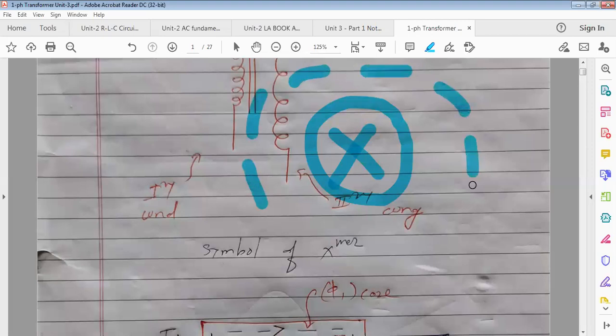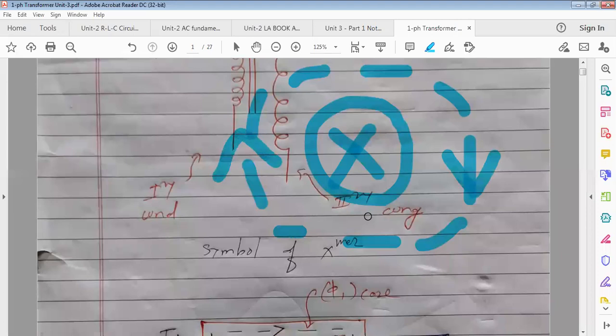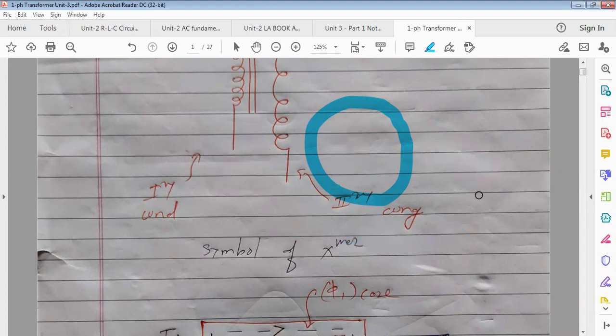Apply here the right hand thumb rule. Point the thumb. Clockwise. Very good. So whatever this conductor, it is carrying current away from you, and around it, it will produce a magnetic field. Its direction will be in the clockwise direction. So around this current carrying conductor, in the clockwise direction, the magnetic field will get produced. Okay. Same is the thing for the reverse case.